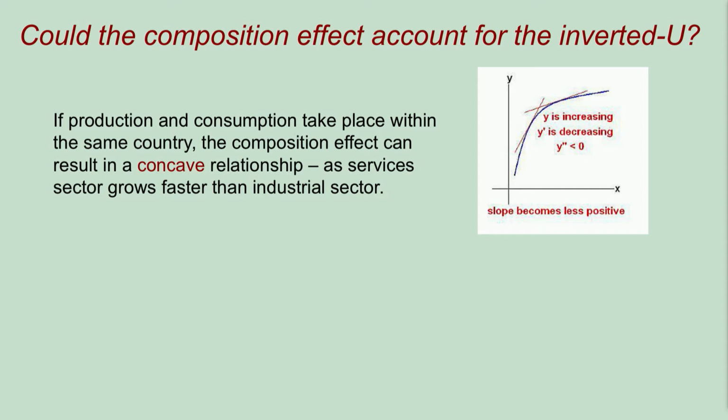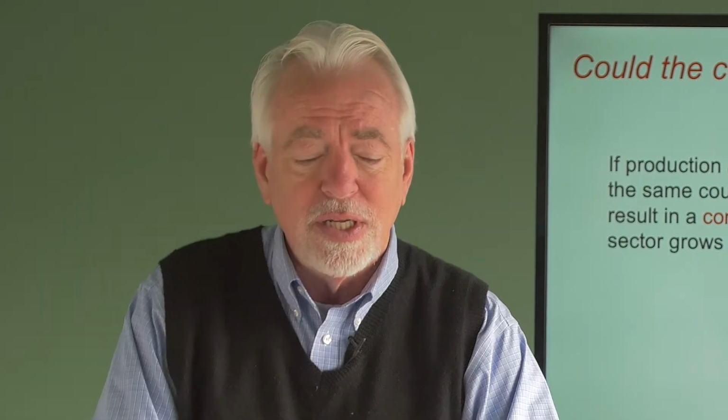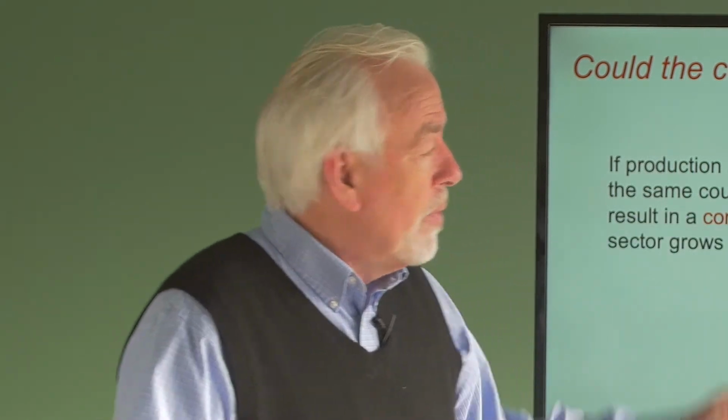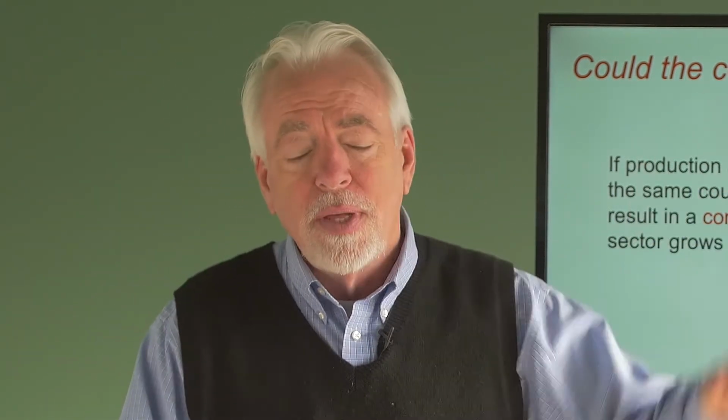It's just that the composition of your economy would be shifting, so industry's share wouldn't be as large as it was before. But in absolute size, you still need shoes, you still need automobiles, you still need all those industrial manufacturing operations. So the total amount of pollution wouldn't go down. You just have what's called a concave relationship. The rate at which pollution's going up would not be accelerating, it would be decelerating.